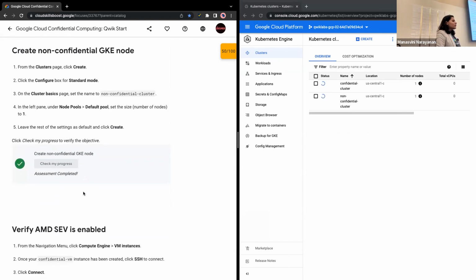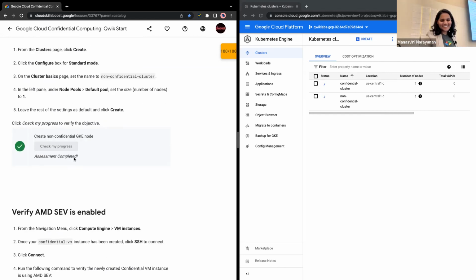Because now we're going to verify if my confidential cluster and my confidential VM instance is actually confidential and Google's not having fun with us. We're going to verify it using the SSH. If you are all CS majors, you have definitely tried SSH to connect to the CSI computers at Kemper Hall. So SSH stands for Secure Shell Protocol.